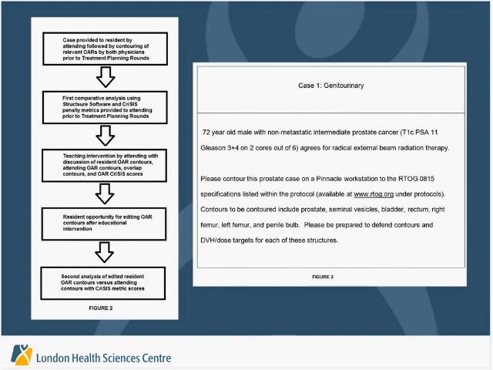So ultimately, we had a series of cases that spanned all of the organs at risk. We provided information to the resident with regards to what we expected them to contour, and even specifically protocols that they should be following. And essentially we then compared their contours versus the clinician that was teaching their contours. Then we provided feedback to the clinician with regards to the penalty metric scores. After the resident had their teaching session, they were given up to a week to change the contours based on their teaching. And then we did a second structure analysis with regards to whether or not